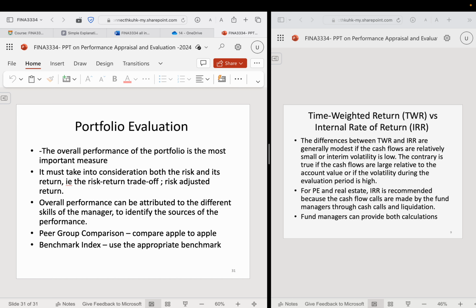That's why we would like to identify the source of the performance, and also we would like to compare the peer group, and also compare the benchmarks. So this I will end the